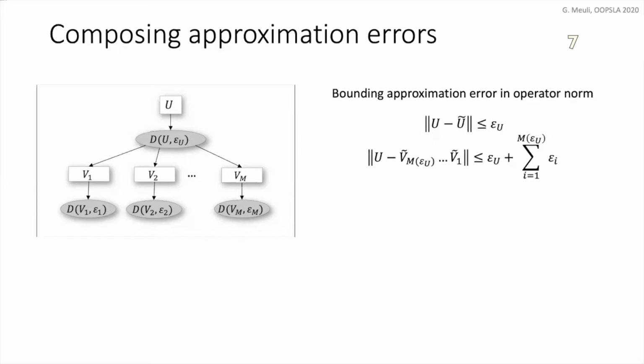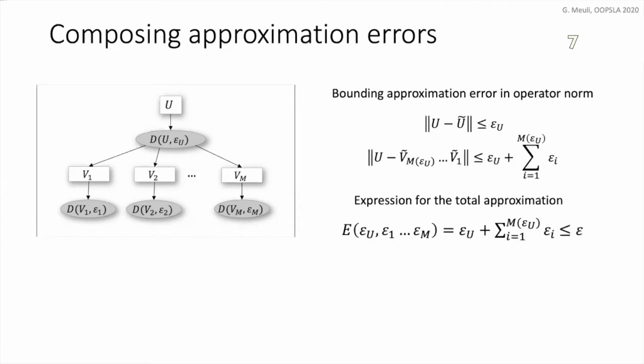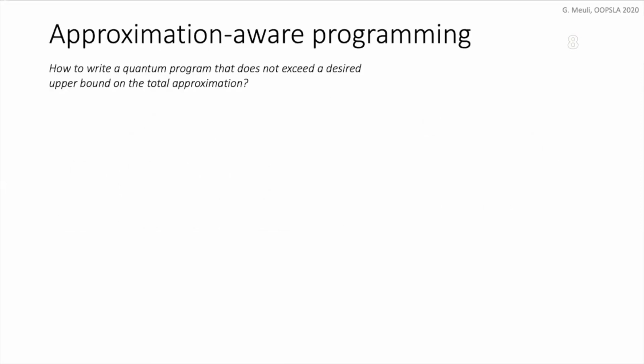The number of unitaries M depends on the chosen approximation error. The more gates, the smaller the error. In a second decomposition step, each unitary V is decomposed into the native library with approximation error epsilon I. An upper bound on the total approximation can be found by summing up all these introduced approximation errors, as in the shown expression. For approximation-aware programming, we mean writing a quantum program that does not exceed a desired upper bound